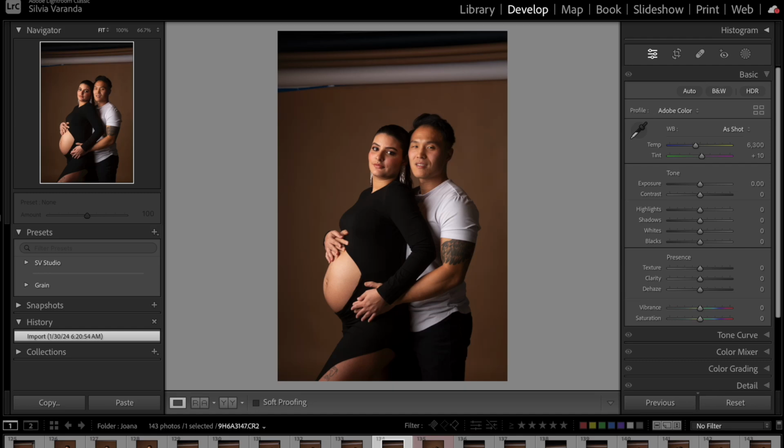In this video, you're going to understand the difference between Lightroom and Photoshop and which one is best for you to